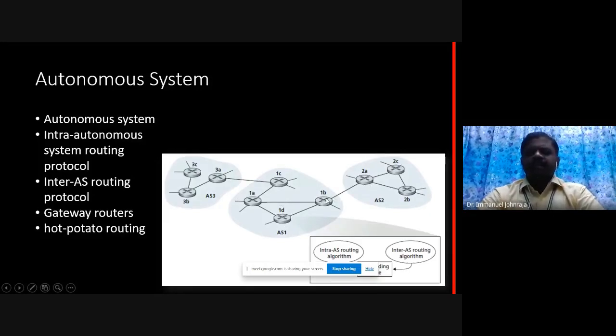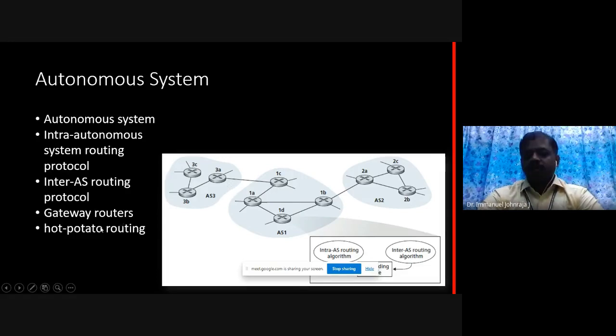And as we progress, we'll learn about that. And there is something called gateway routing. The gateway router connects with the router of the other autonomous system. So in the topology shown on the screen, autonomous system 1 has two border routers or gateway routers. One is connecting with autonomous system 2, and the other gets connected with autonomous system 3.